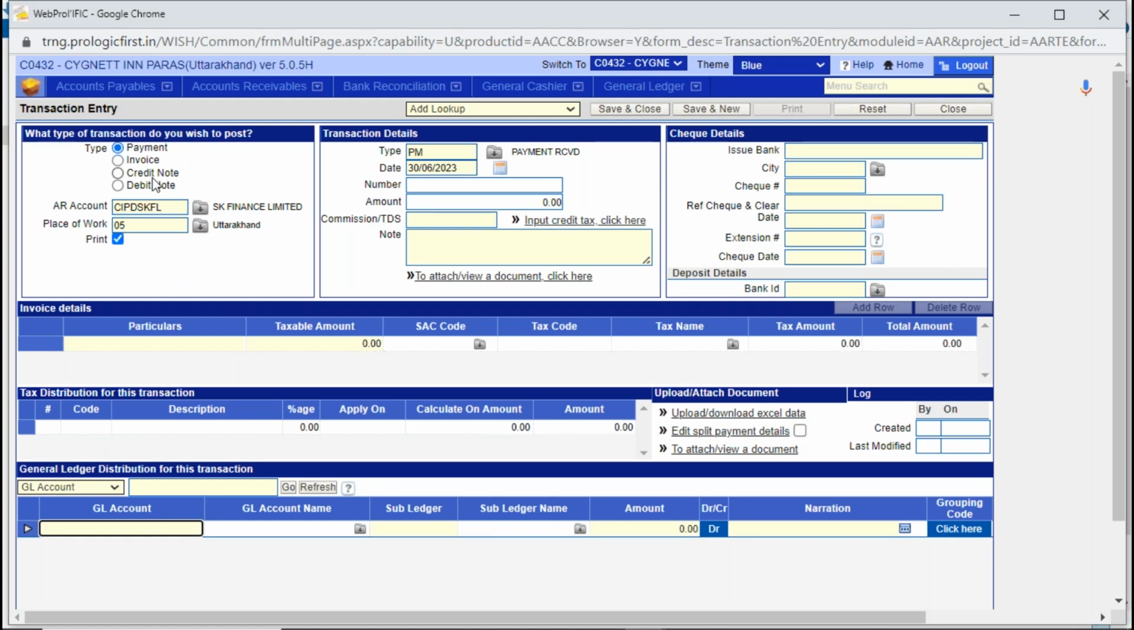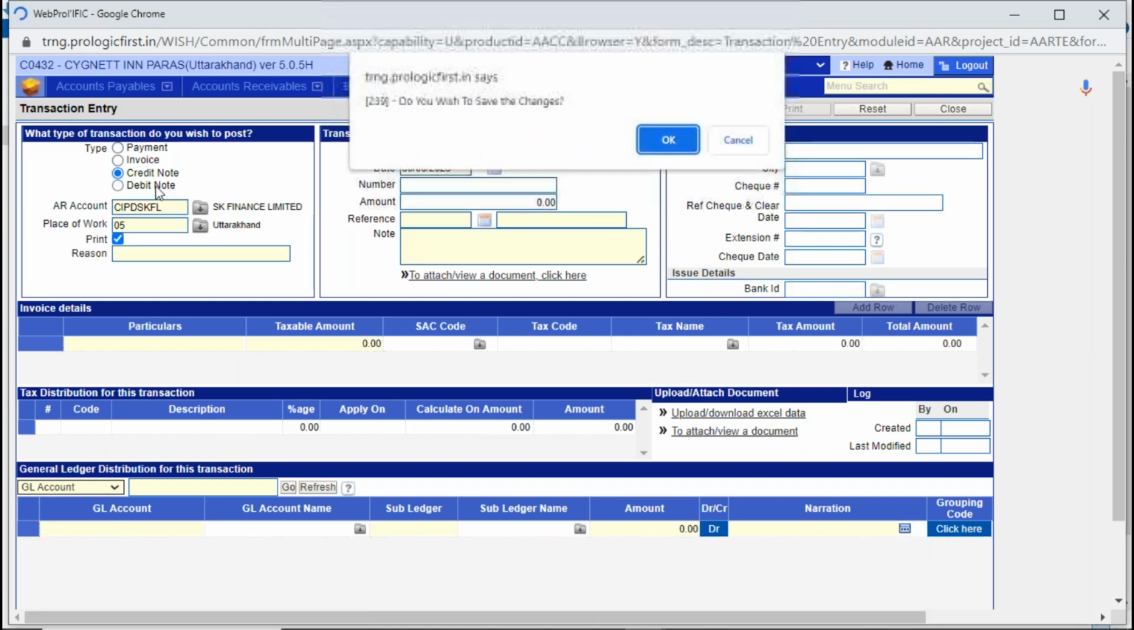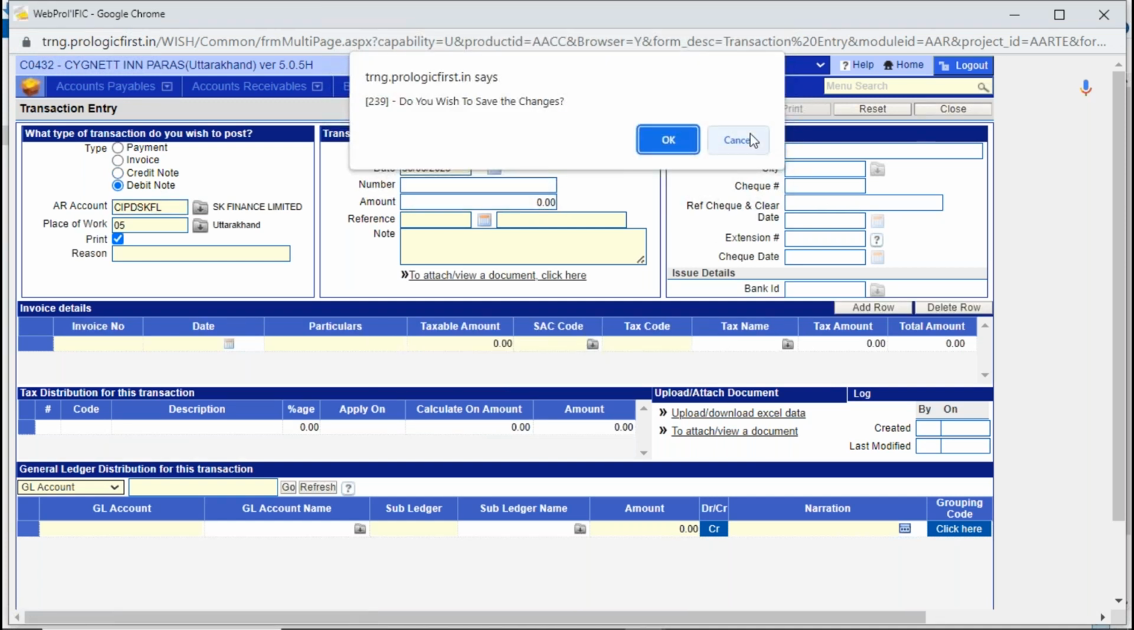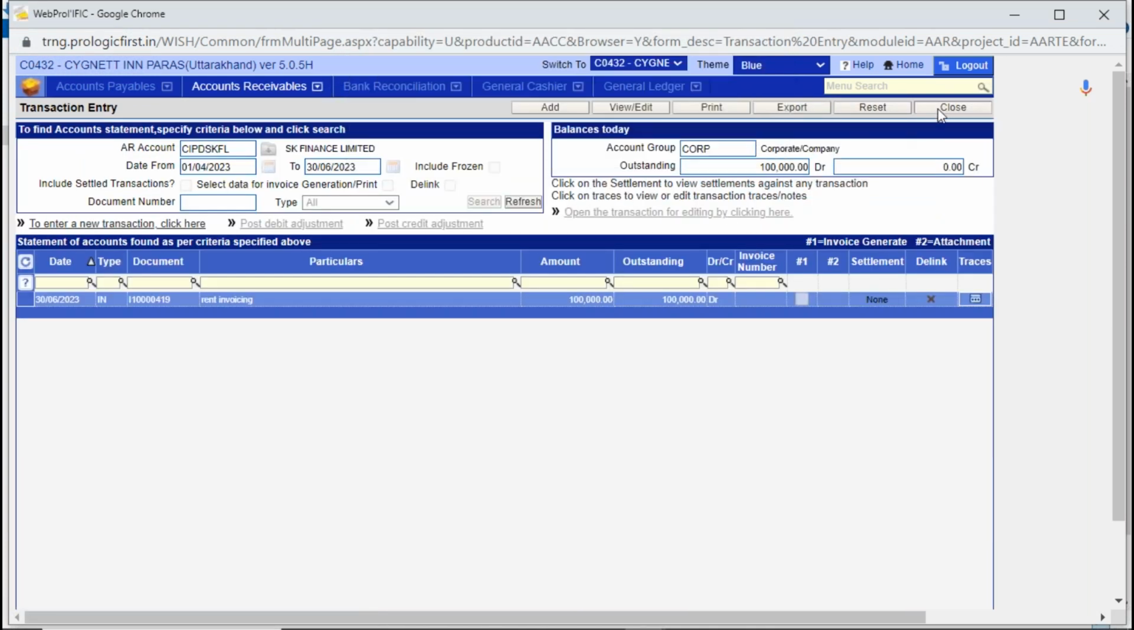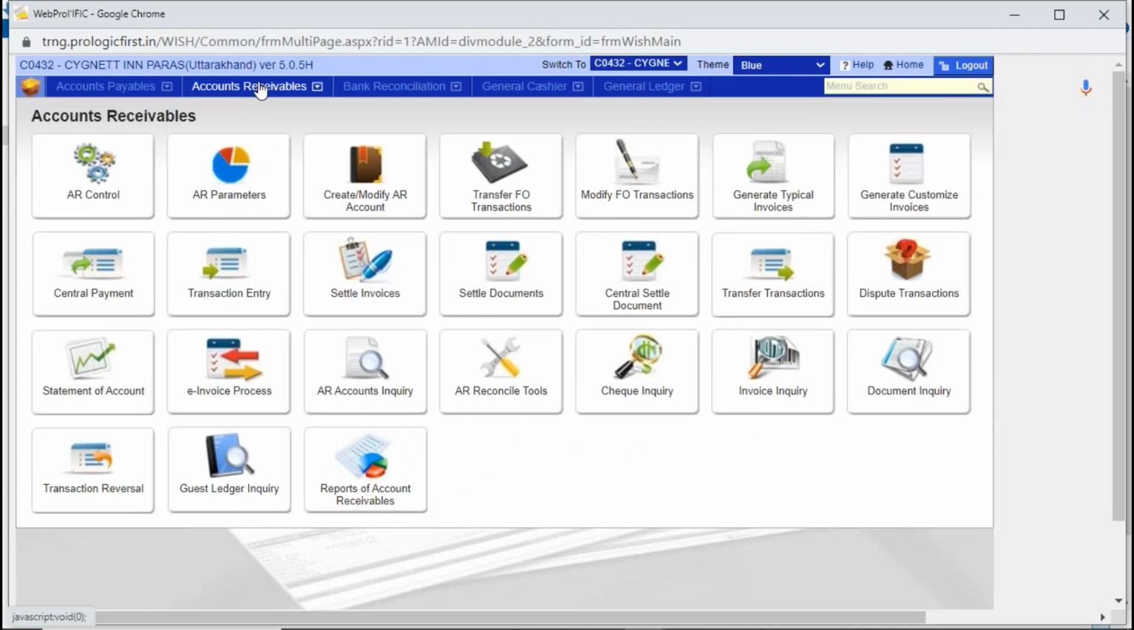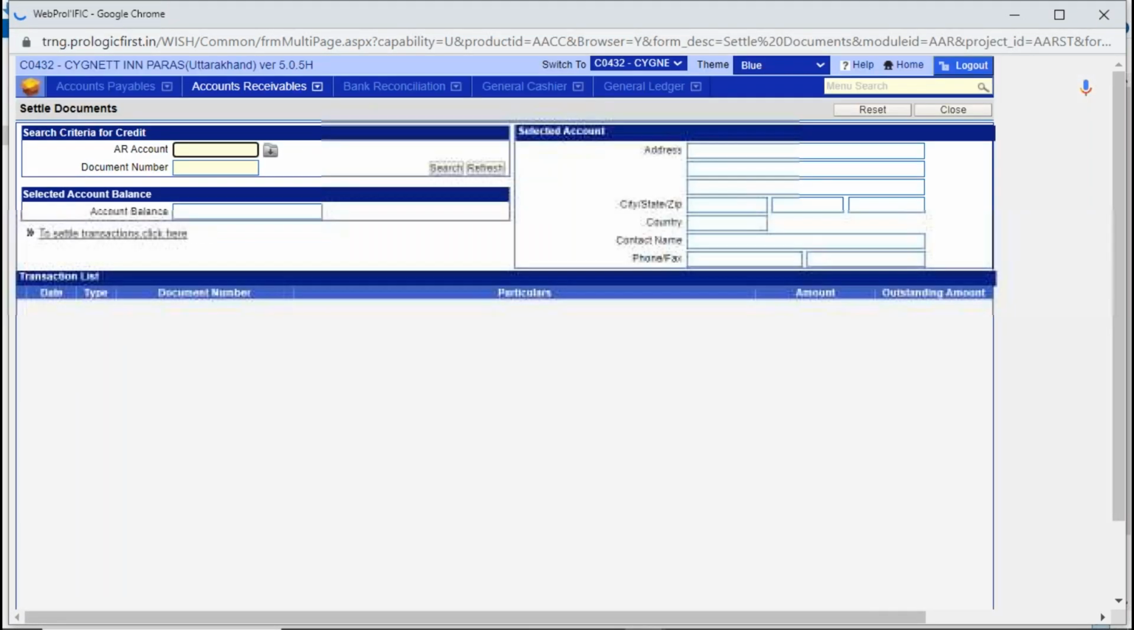You have recorded payment, you have recorded invoice, you may want to record credit notes and debit notes in the same pattern. The process of recording debit and credit notes is exactly the same. Now, now that you have recorded the payment, you may want to settle against the invoices that are raised for the PMS front office transactions or for invoices. In that case, you can use this screen called Settle Documents. You go to Settle Documents, like I say,